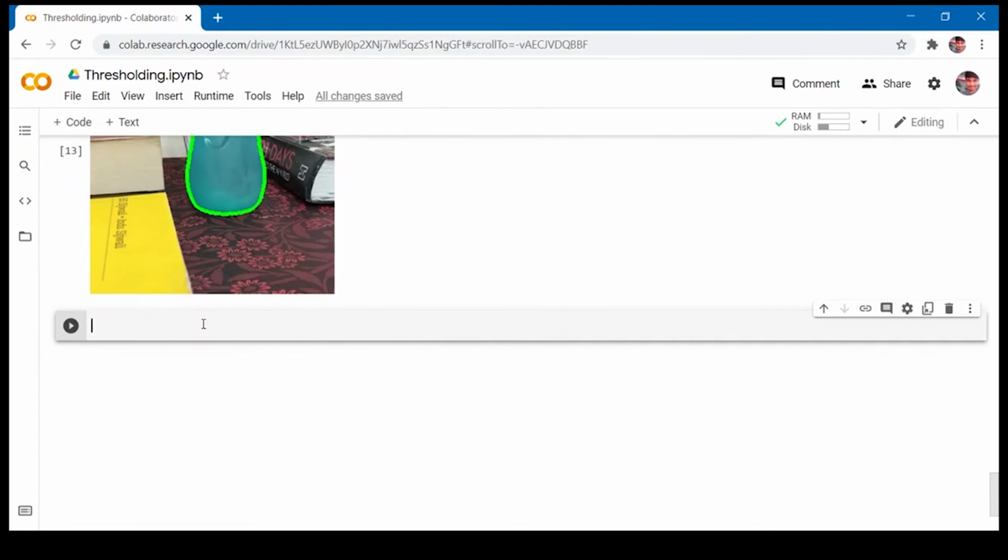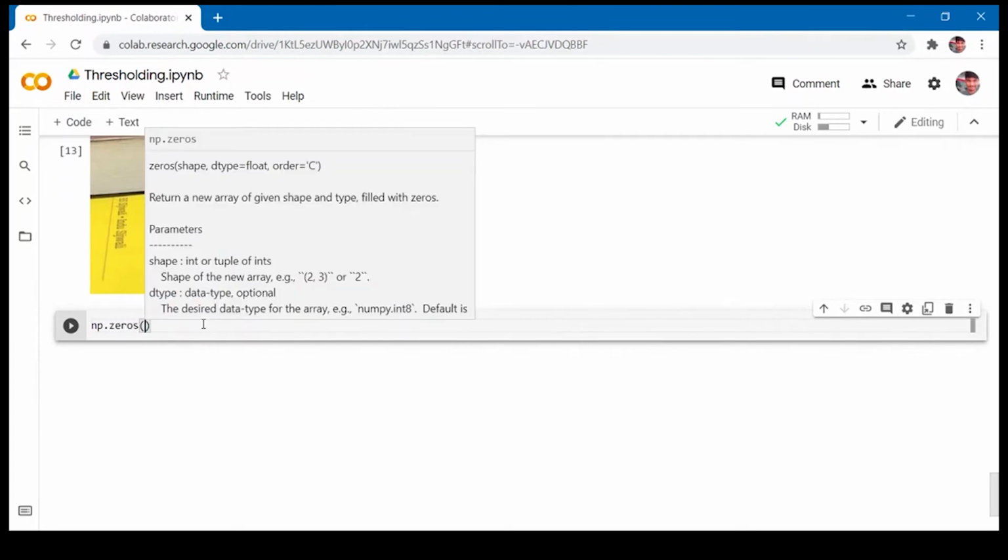Now we have the bottle contour. So we will try to make all the other parts of the image other than the bottle black. For that, we need to mask the image with a black mask such that only the bottle is visible. So for that, we will make use of the numpy module and a function in it, numpy.zeros. Numpy.zeros takes two arguments. First is the shape.